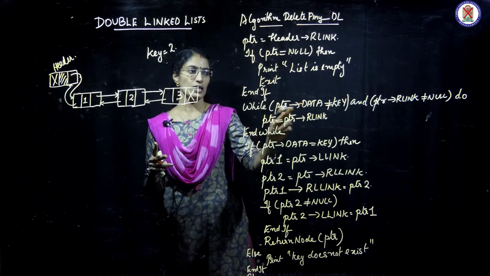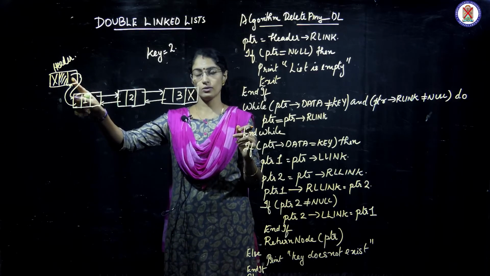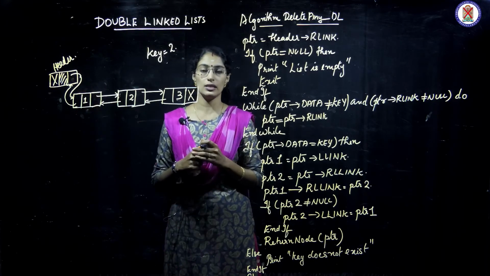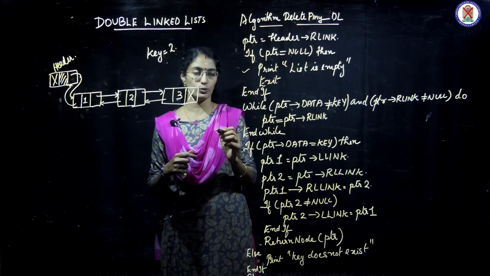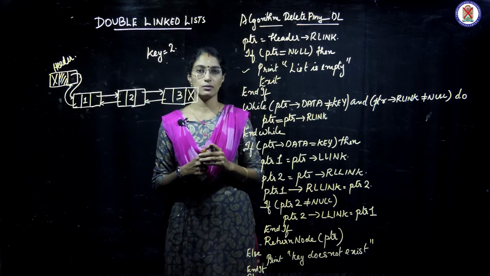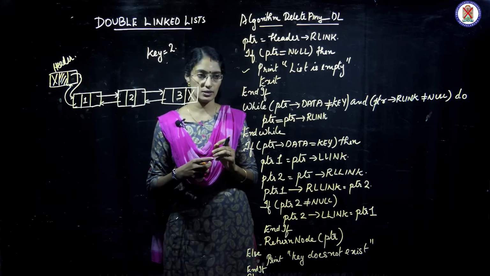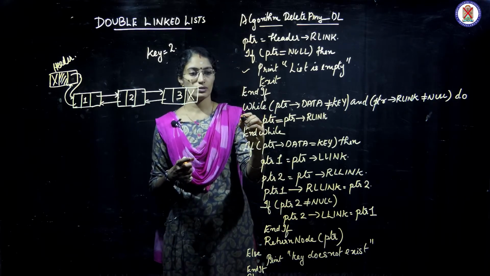So with the help of the while loop, you go traversing, and before that, if you find the right link value of the header node as null, that means you are dealing with an empty list. So that condition is satisfied in the if portion. That is, if ptr is equal to null, you give a message saying the linked list is an empty list. Now in order to traverse through the linked list, naturally you will have to use a while loop,